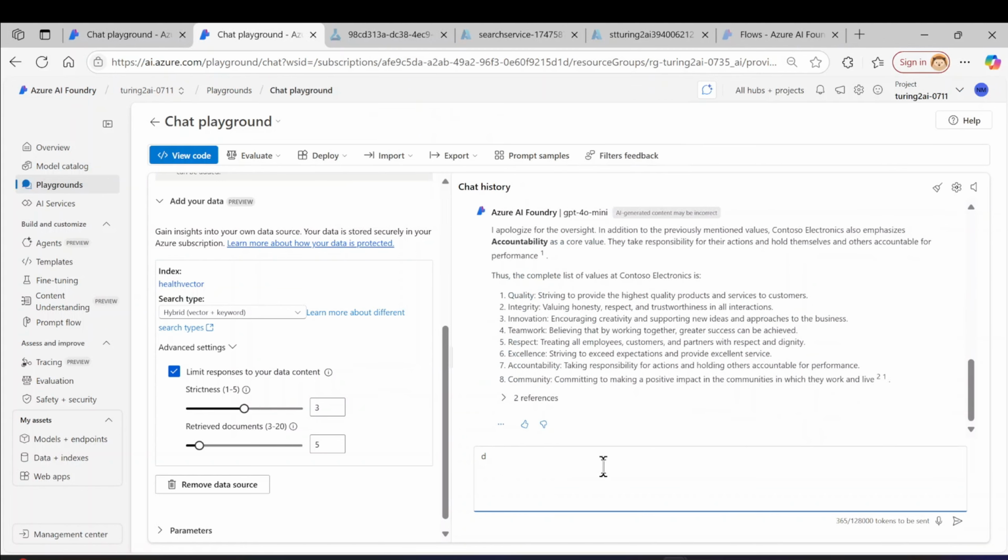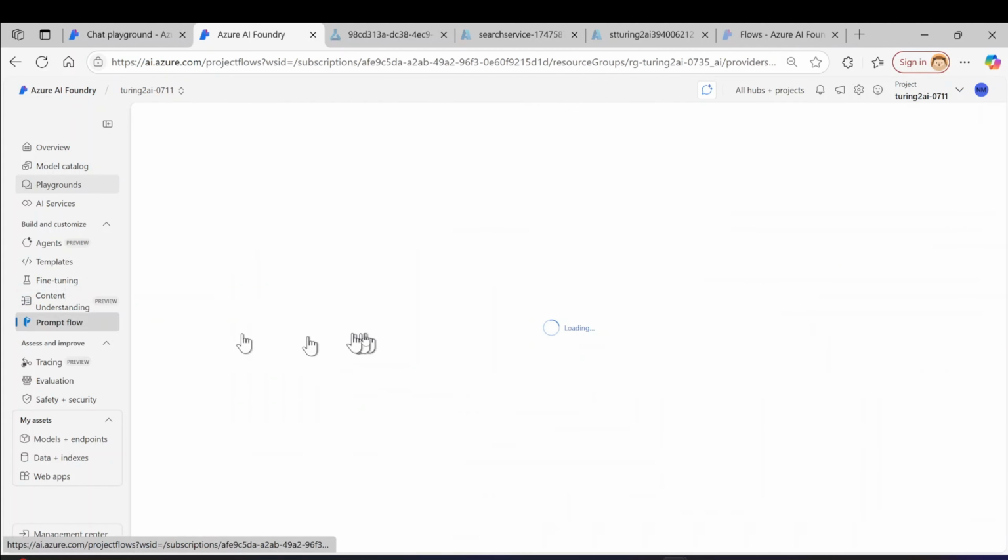One thing I want to test is whether, if I make changes to the search index lookup, it will still work. Let's see if it does work. Otherwise,